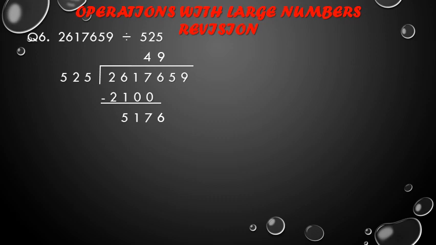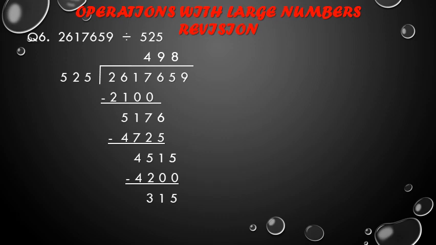So children, 525 multiplied by 9 gives 4725. So we will subtract this 4725 from 5176, and what do we get as remainder? We get 451. Now children, in the next step we will carry down 5 from the dividend, and now our number is 4515, and we will divide 4515 again by 525. So 525 8s are 4200. So now we will subtract 4200 from 4515 and we get